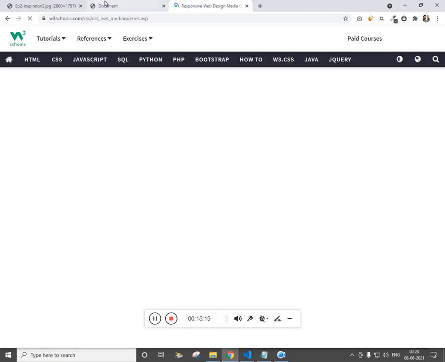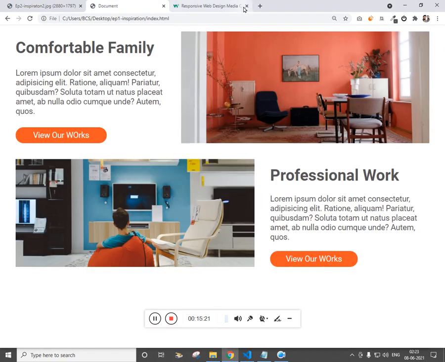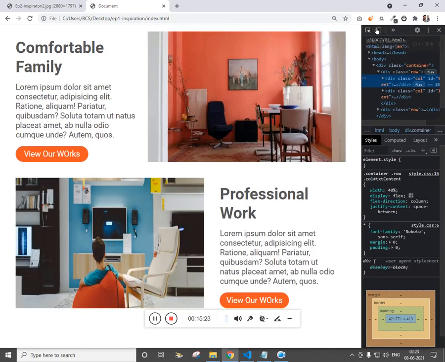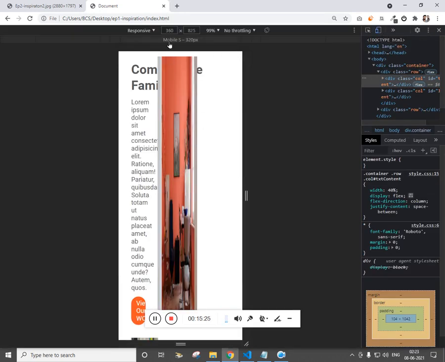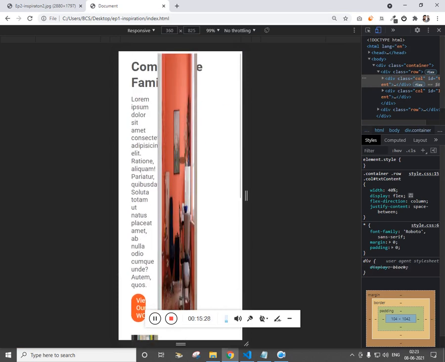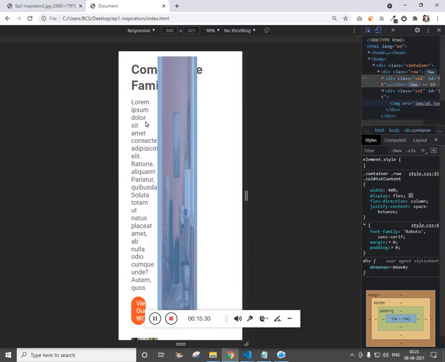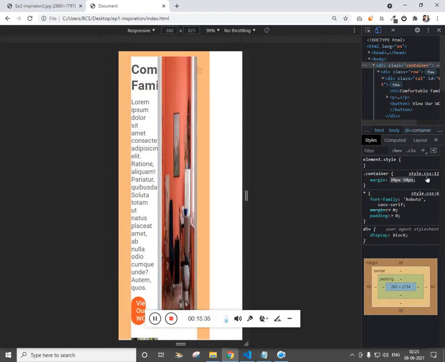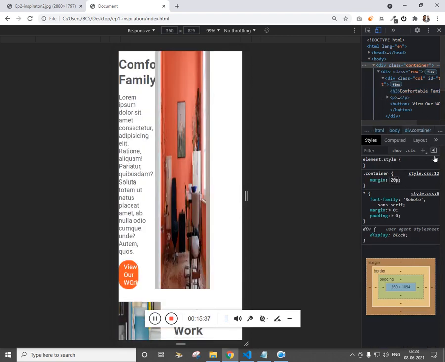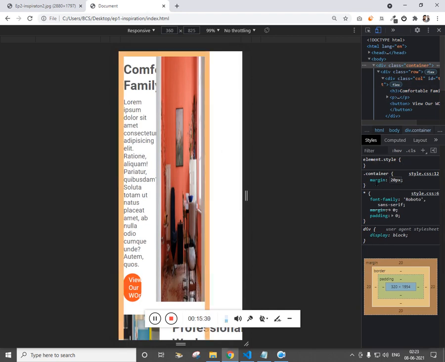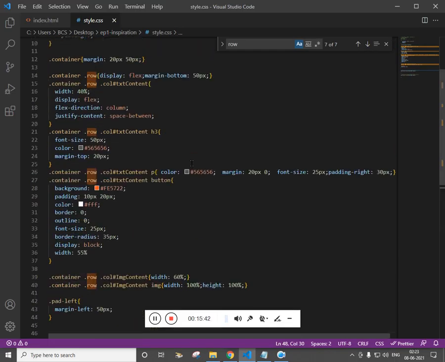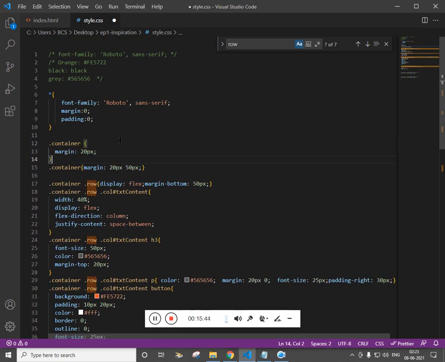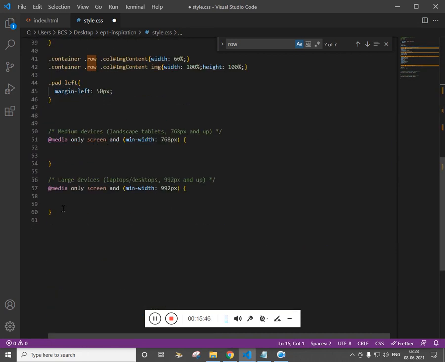So let's get into the mobile view. We don't need this tab. Click on this. This is mobile view for now. You can see this is very ugly. Now what we can do is, let's get the container and make the container margin 20 pixel on all sides, and copy this and paste this for the mobile, and this is for the desktop.